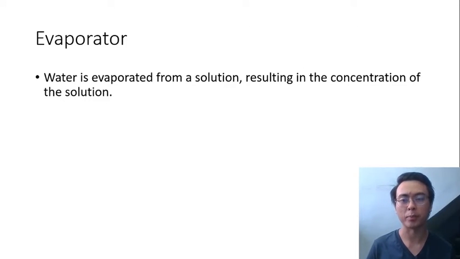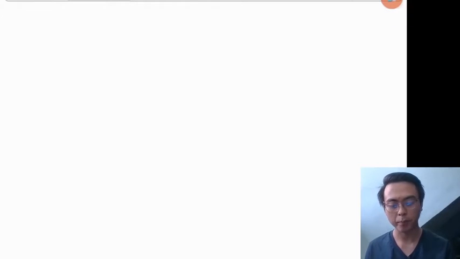Next, evaporator. The evaporator is also a type of dryer wherein the goal is to drive off excess solvents in order to get a more concentrated solution. Water is evaporated from a solution, resulting in the concentration of the solution. So what does the evaporation process look like? The evaporator